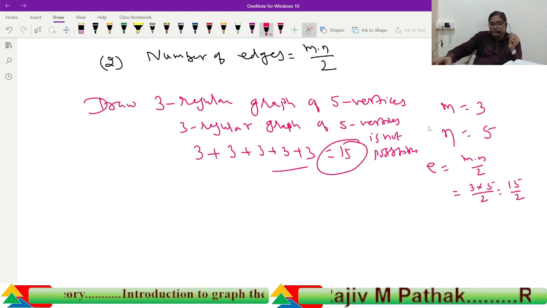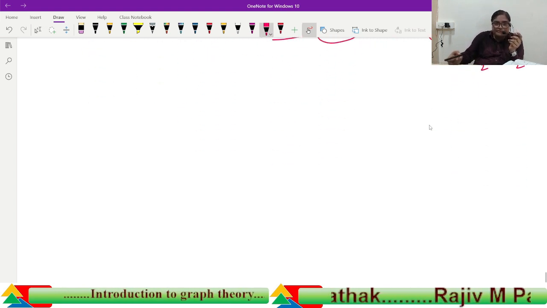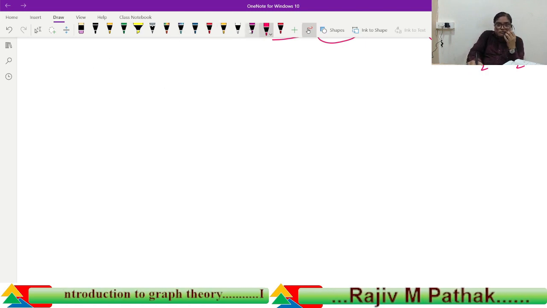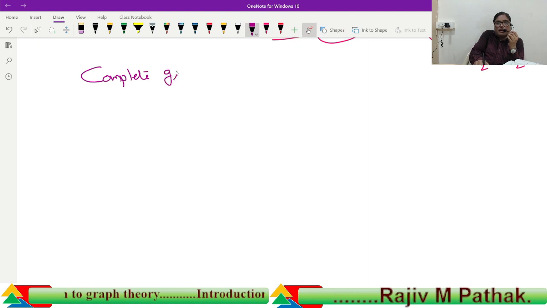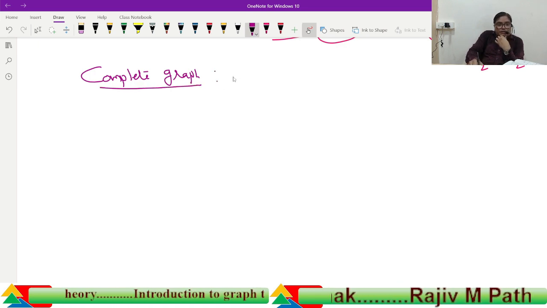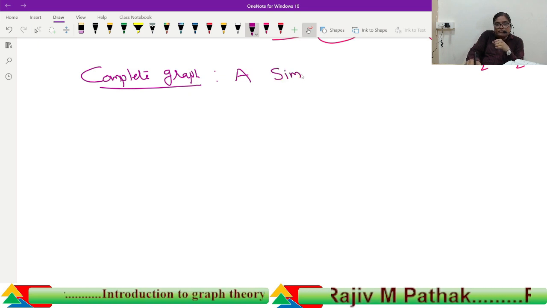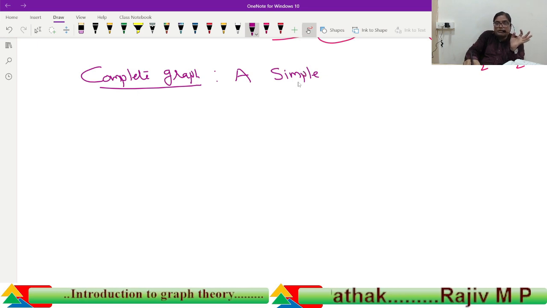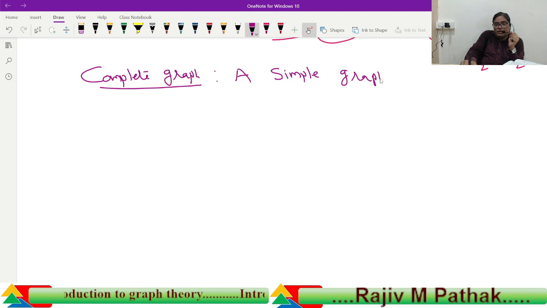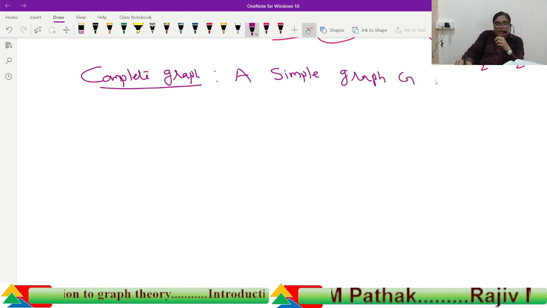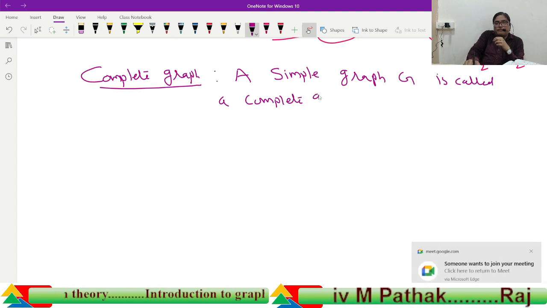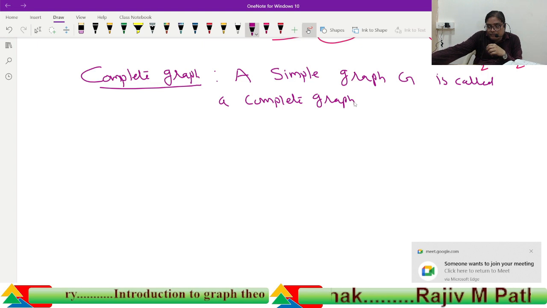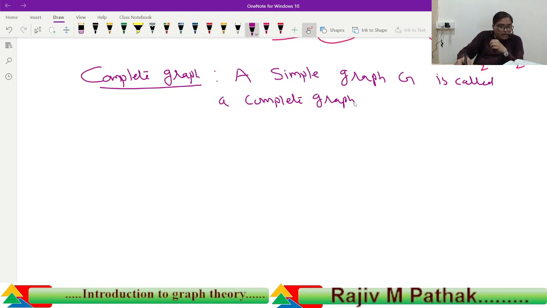So now let us define one more type of graph: the complete graph. Complete graph of n vertices. It is defined as a simple graph G. So यहाँ पे ग्राफ mention है. कैसा है ग्राफ? Simple, मतलब उसमें ना तो loops है ना तो multiple edges है. ये आपको ध्यान में रखना है. A simple graph G is called a complete graph if there exists an edge